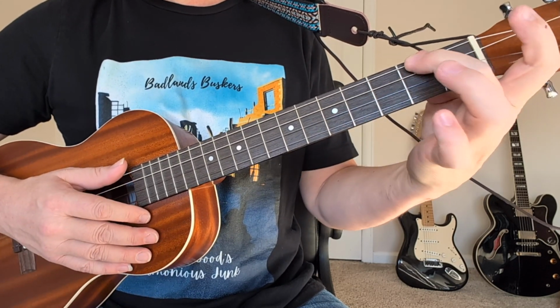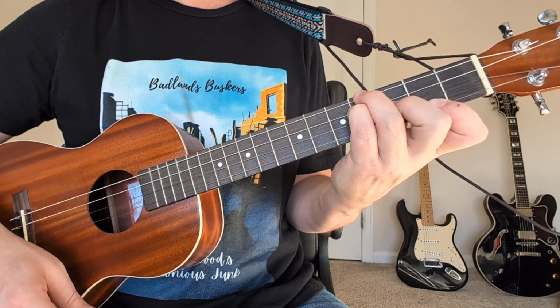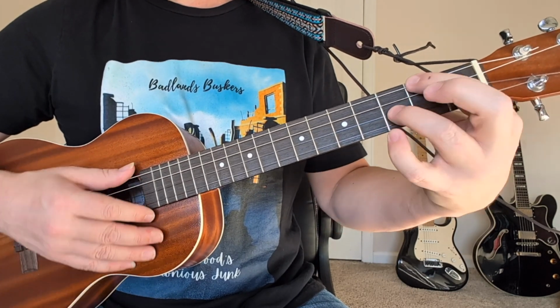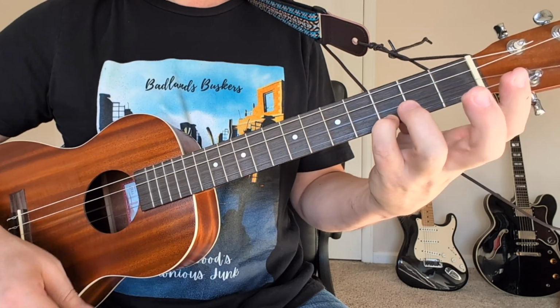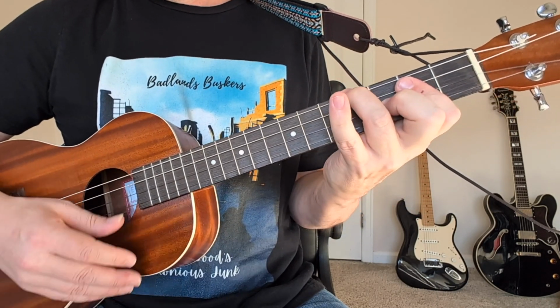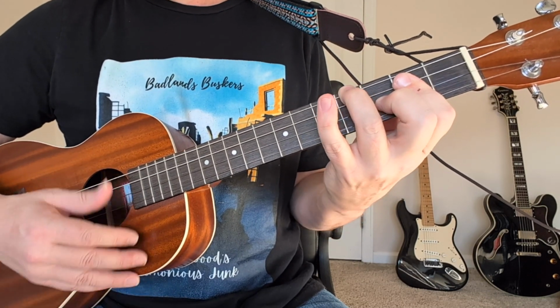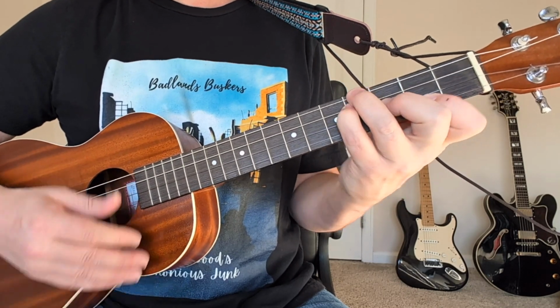Now our next part is going to be E minor to B minor, 4, 4, 3, 2, and then C to G, E minor 7 to C, and then G to that D with the F sharp bass. And if you have trouble with that one, you can always just do a D and don't worry about that extra bass thing. So the second part of this is E minor to B minor again, C to G,